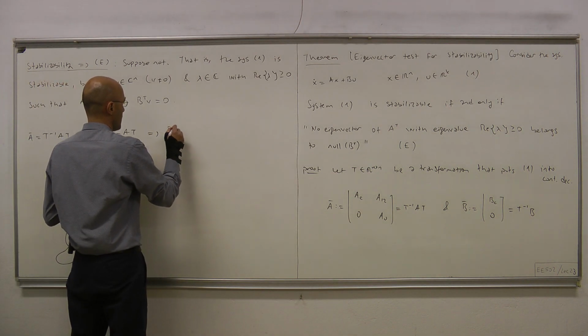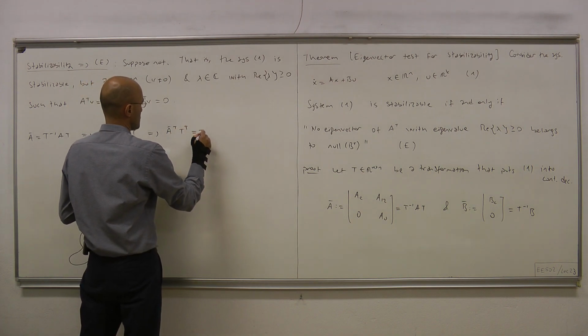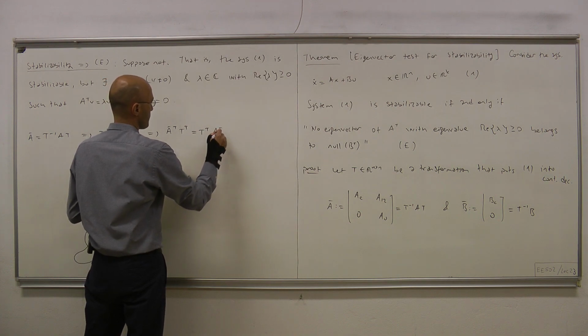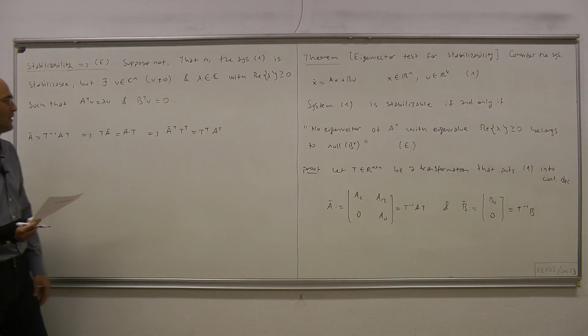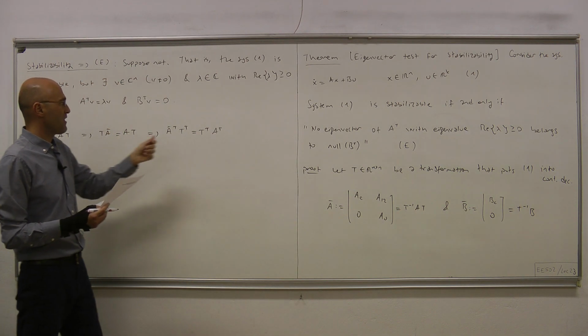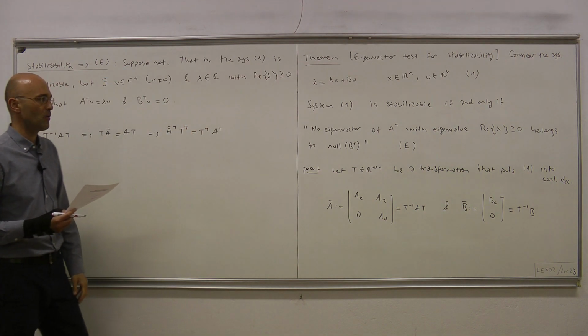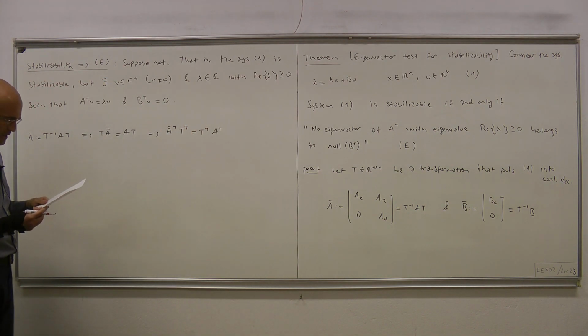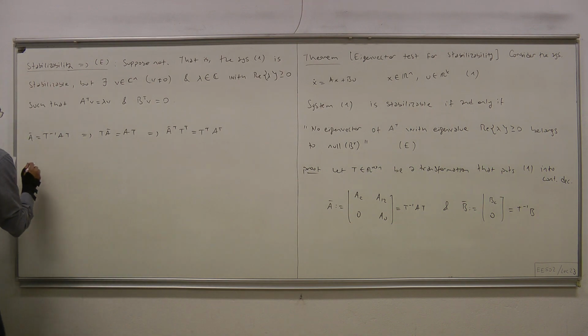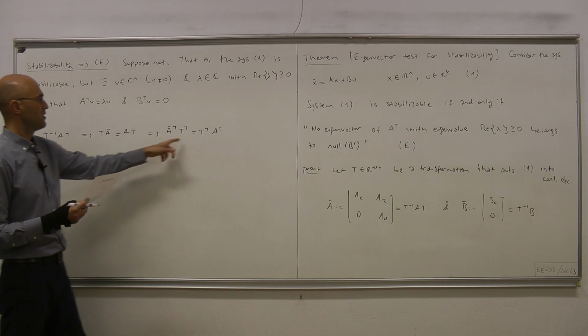We have A bar transpose T transpose equals T transpose A transpose. There's a little funny thing about the notation. This T is a transposition, and this T is our matrix T. Just keep in mind, we can now write the following: A bar transpose times T transpose